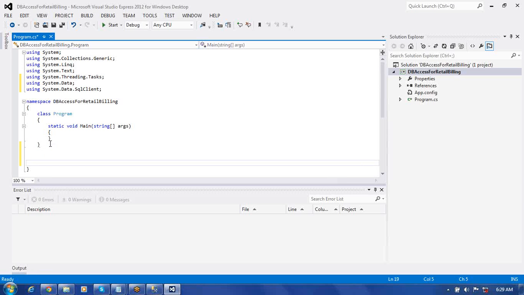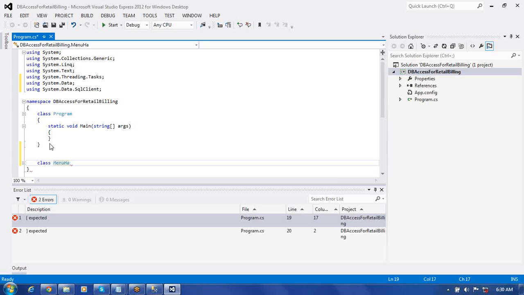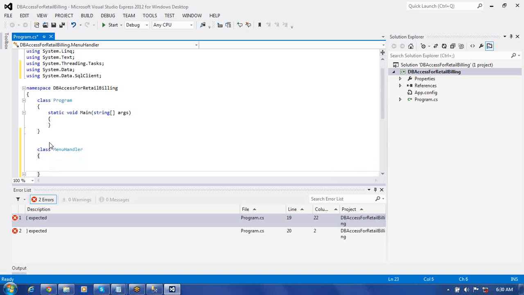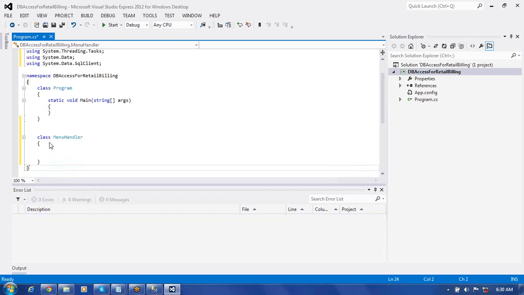For that purpose, here I write another class. One more class I am going to write, that is class MenuHandler. It is going to handle the menus here. Class MenuHandler is going to be handling the menu for us. It can handle a menu for us here. Okay, so in the case of MenuHandler, we write